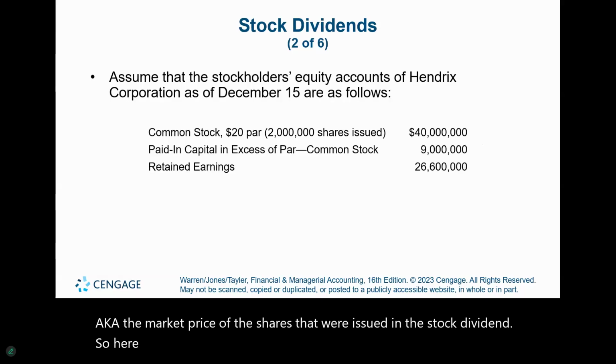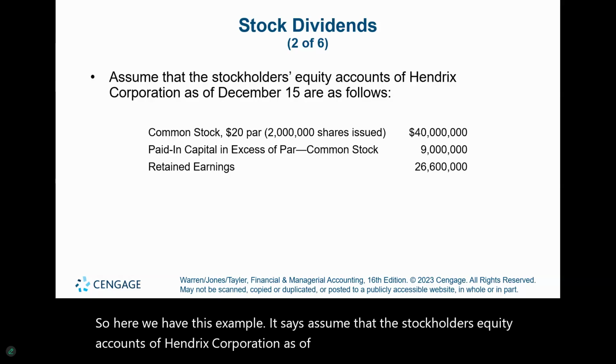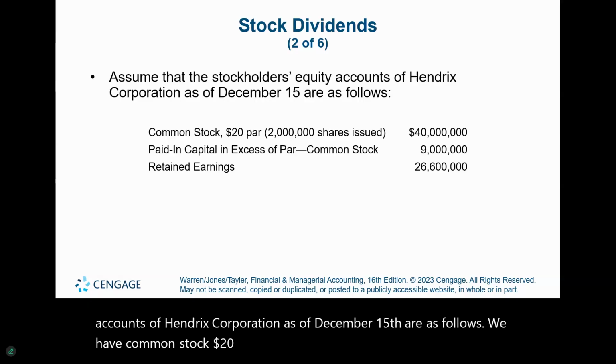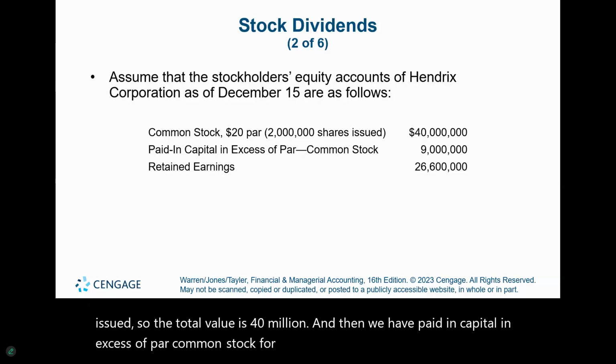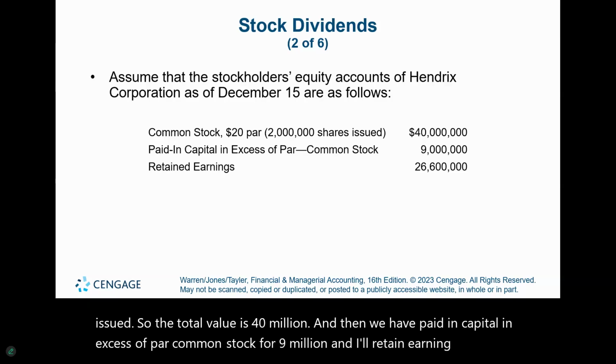So here we have this example. It says, assume that the stockholders' equity accounts of Hendricks Corporation as of December 15th are as follows. We have common stock, $20 par. There's 2 million shares that have been issued, so the total value is 40 million. And then we have paid in capital in excess of par, common stock, for 9 million. And our retained earnings value is